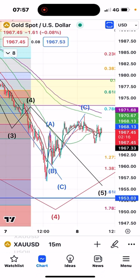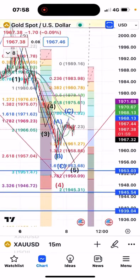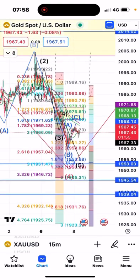But obviously, diagonals are rare, and they seem to play out a little bit more than what they're supposed to. But still, you can't always rely on that being a path. And to be honest with you, it's not even really a good structure for a leading diagonal either. So it leans me towards we're going to get another low. So a bit tricky now, because